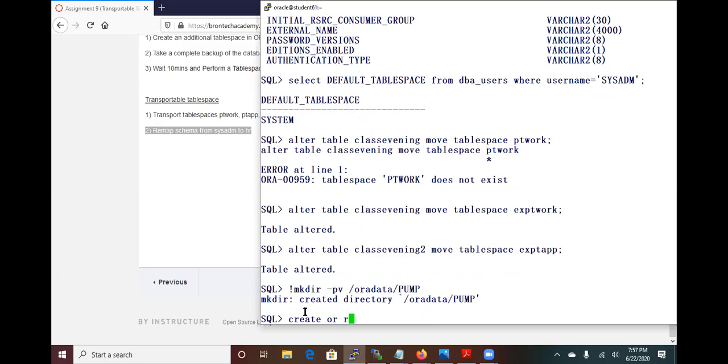That should be the name of the directory. This morning we called it DB9 or something like that. Okay, create or replace directory DB9 as